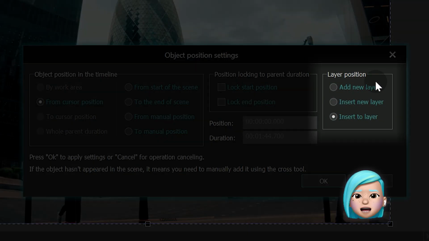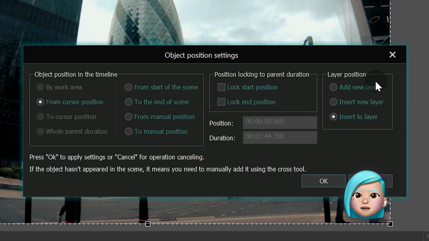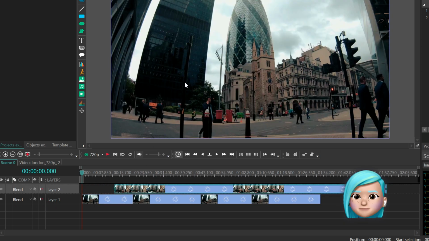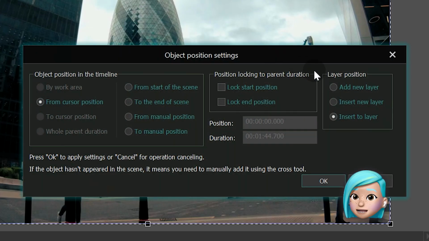The latter allows you to choose whether the file should be added as a new layer or placed on the current one. If you select Add a new layer, the new layer will be added at the very top. At the same time, the Insert New Layer option will add the file right below the selected layer.